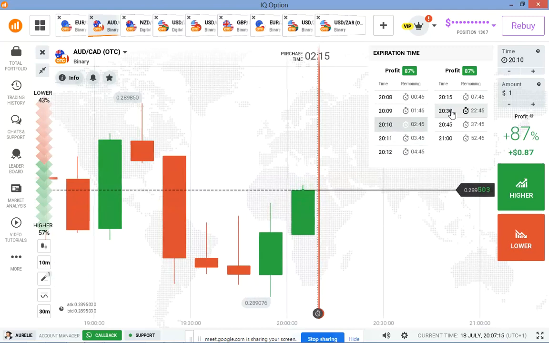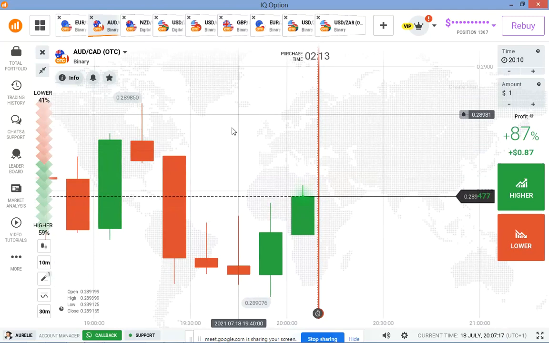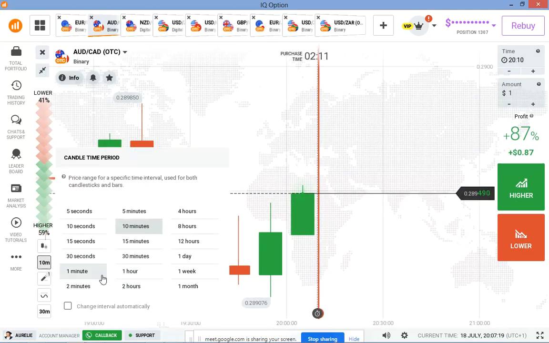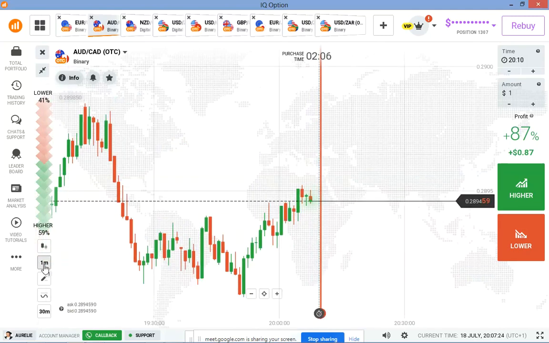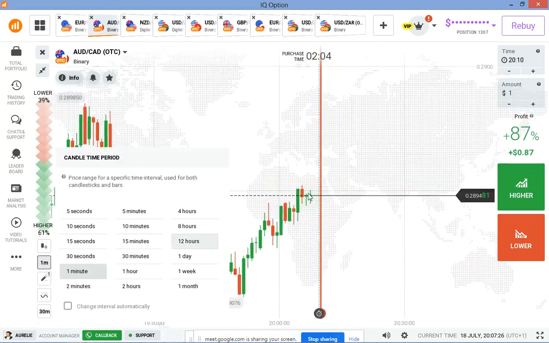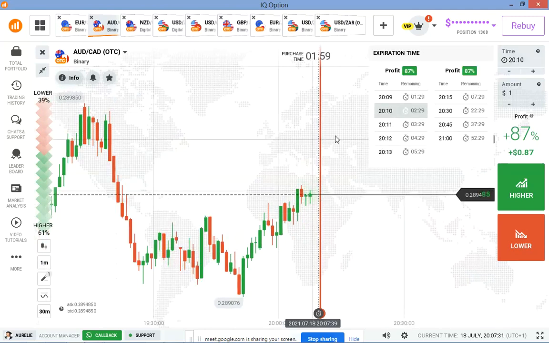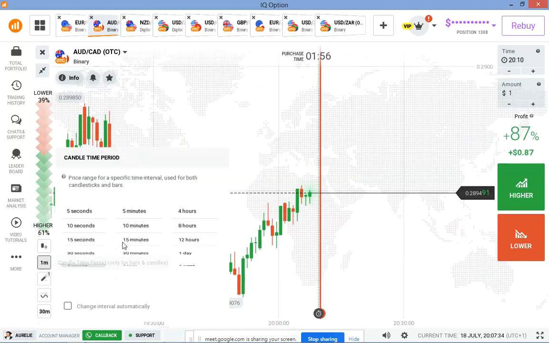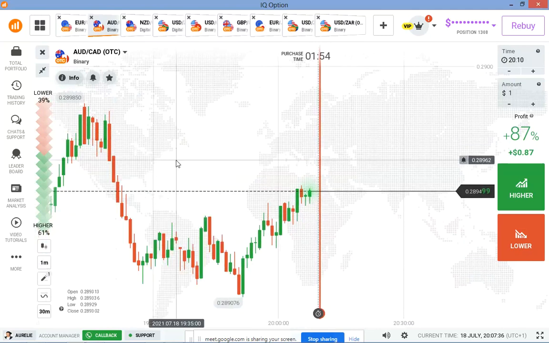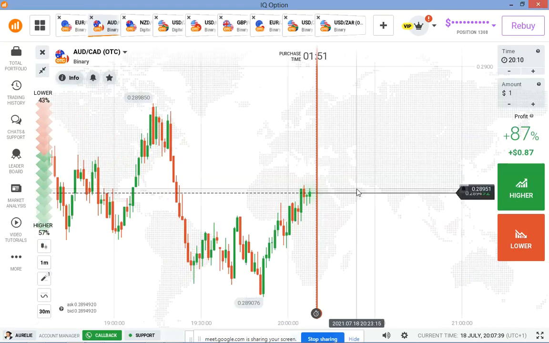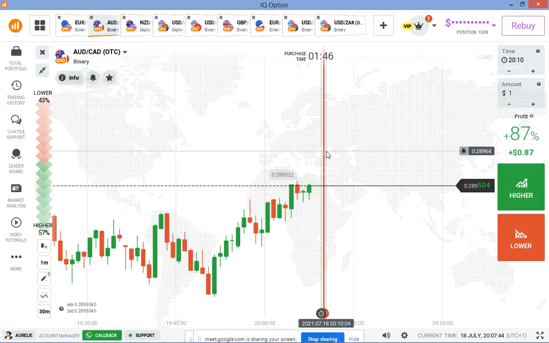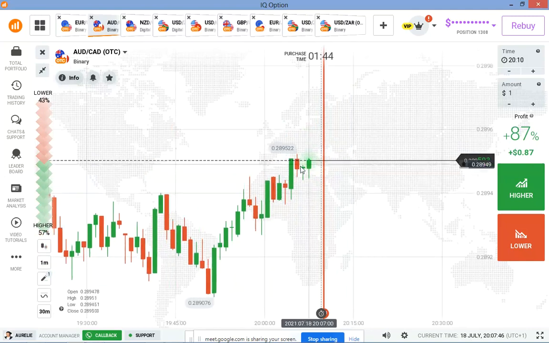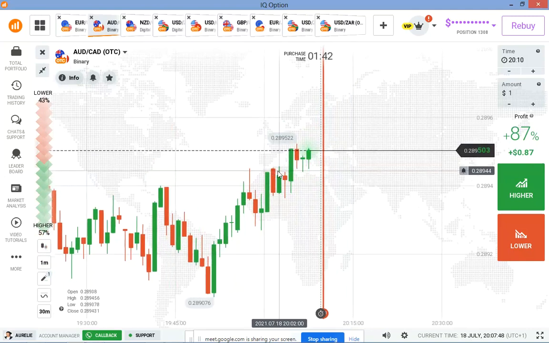Then after 20, the next one will be 30. So this is what you need, and this is what you need to know. But if you want to really make profit in binary option, you must learn how to use any of this expiry time. You must know how to use this candle time period, and also learn how to use any of this expiry time. Don't just stick around with 1 minute candle, because trading on 1 minute expiry time and 1 minute candle is what makes some traders lose money quickly. It will make you lose or blow your account quickly.